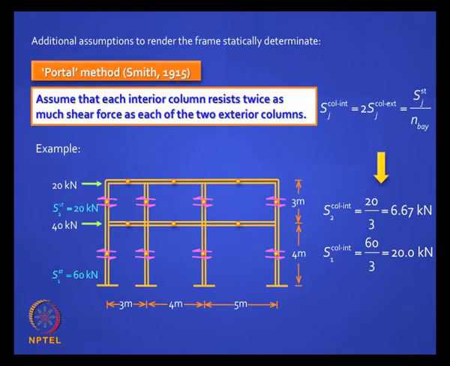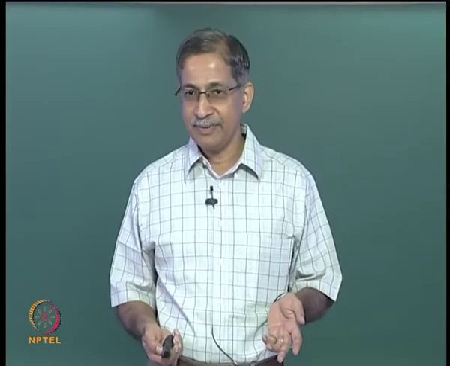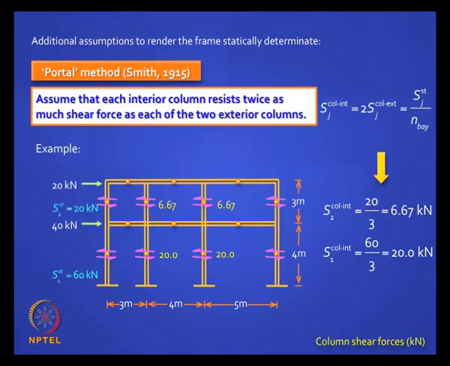20 by 3. Why do we say 3? Because there are 2 interior columns and you get half contribution from the 2 external ones, so it is just the number of bays. Is it clear? Do you agree to this? Clean, very easy to calculate, so you plug in those values, you get the column shear. Then for the exterior columns you put half this value, so 3.33 and 10. Is it clear? It is very simple, all of you getting it.